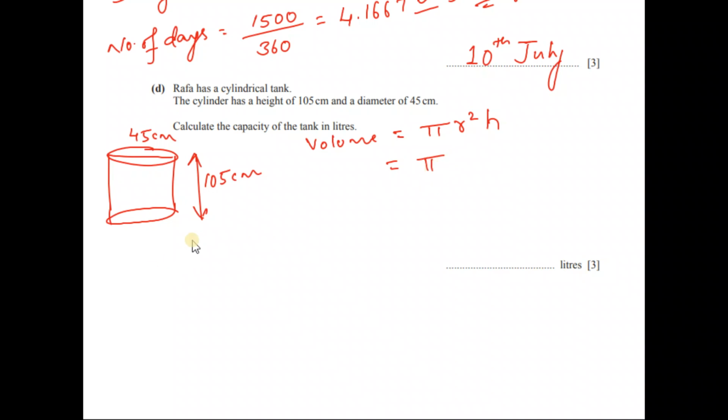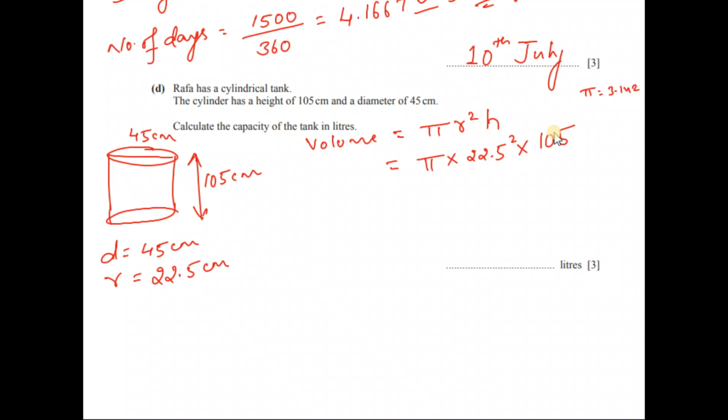h. So we have pi, radius. If you want, you can take pi as 3.142, or else you can use your calculator's pi. Then radius. In the question, diameter is given as 45 centimeters. So you guys know the radius would be half of it, which is 22.5 centimeter. So radius is 22.5 squared and height is